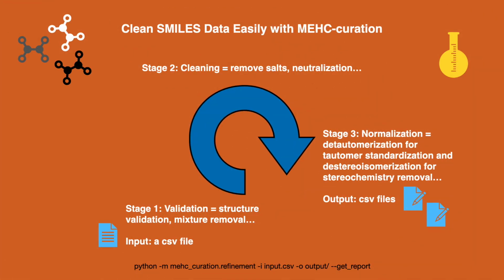This is a three-stage curation pipeline. First comes validation, where the tool checks the syntax and removes problematic entries such as mixtures, inorganic compounds, and organometallic compounds. Next is cleaning, where salts are removed and charged molecules are neutralized. Finally, in the normalization stage, the package standardizes molecules by removing stereochemical variation and normalizing tautomer forms. Importantly, duplicates are removed throughout the workflow, so the final output is a much cleaner and more consistent dataset